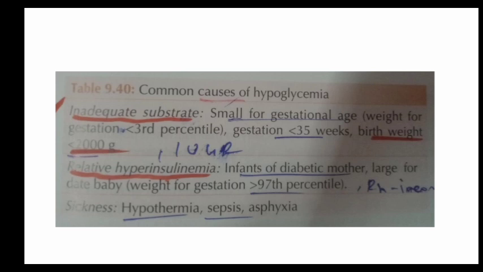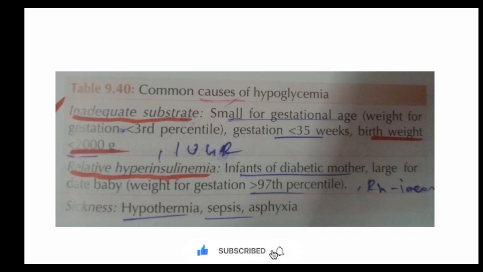And relative hyperinsulinemia means infant of diabetic mother. The mother is diabetic, and the infant may also have hyperinsulinemia. It leads to hypocalcemia, hypoglycemia and hyperbilirubinemia. Large for date baby, means weight for gestation more than the 97th percentile, and also Rh incompatibility can lead to hypoglycemia, and intrauterine growth retardation also has hypoglycemia, and sickness,